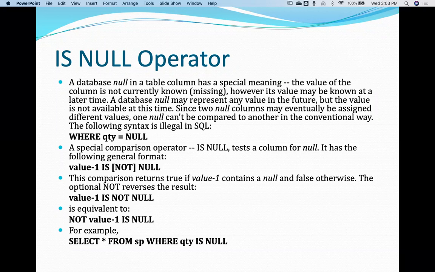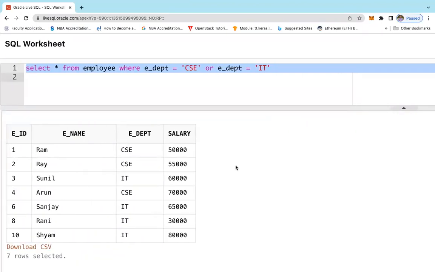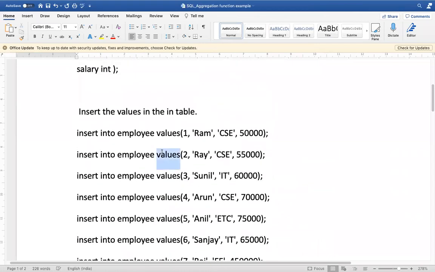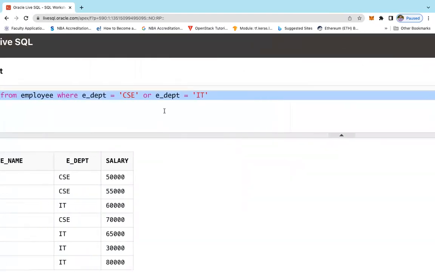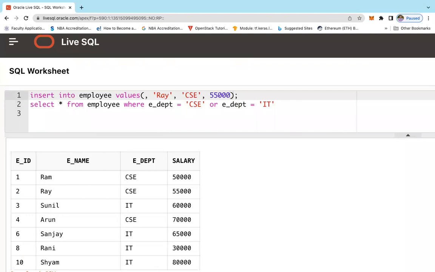Select asterisk from SP table where quantity is null. It means that we'll find out those details in that particular table where there is no quantity left. So to find out those types of query, we can do that. For that, we'll insert one column with the null value. So let's insert a null value. So let's say there is an employee 11